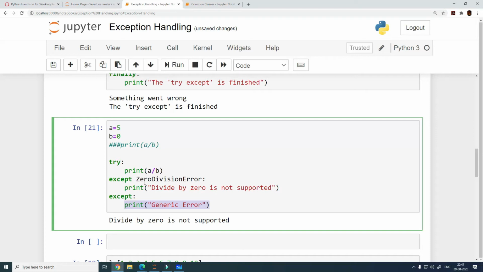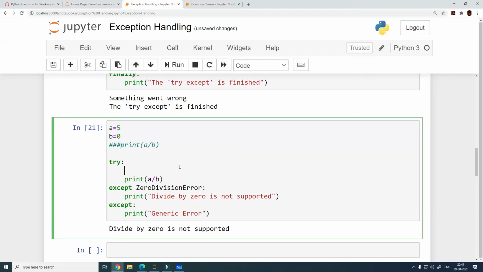Now this is not getting executed because every time it is throwing a zero division error, right? But let's say before this statement, I write print m, then see what is happening. Now this exception has occurred, and in this case it is actually not a divide by zero error. This is a name error, right? We have not defined m, so this is actually going to the generic except block,